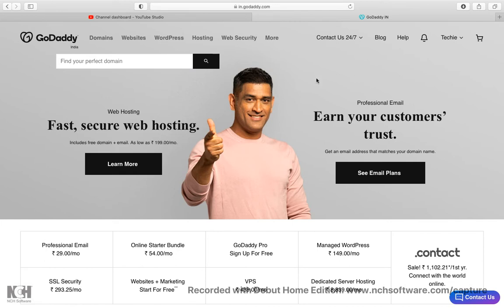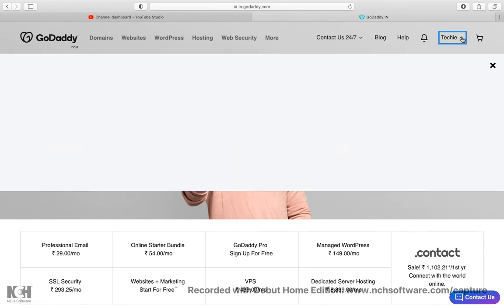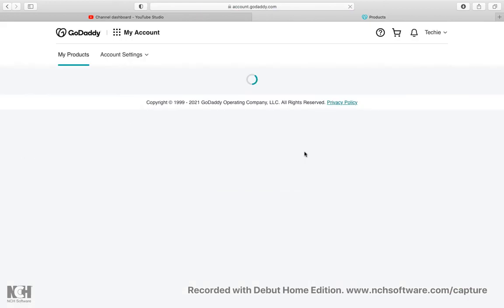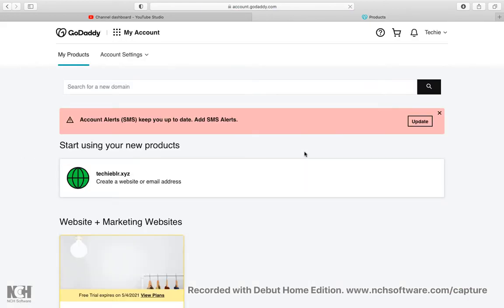If you already have an account, it appears with a sign in. I already have an account and I have already logged in, then click on visit my account. If you are logging in for the first time, it will ask you to sign in. You can sign in with Google, or you can create an account and sign in.